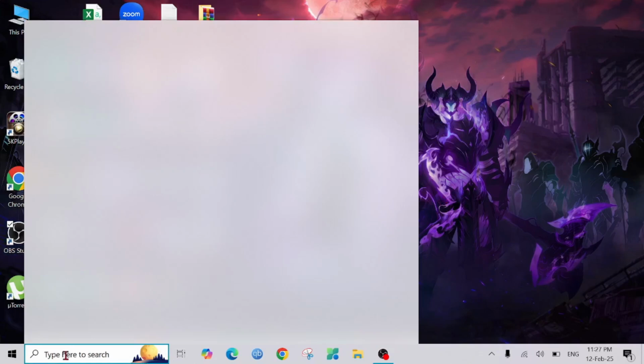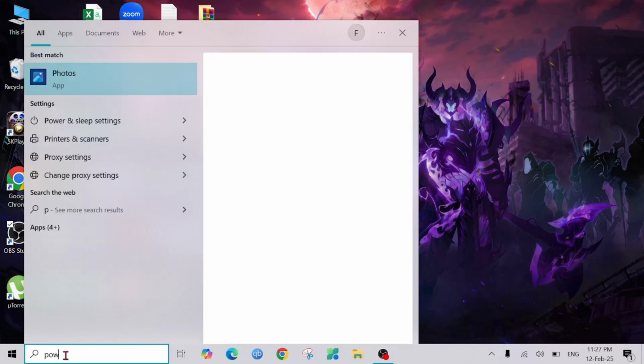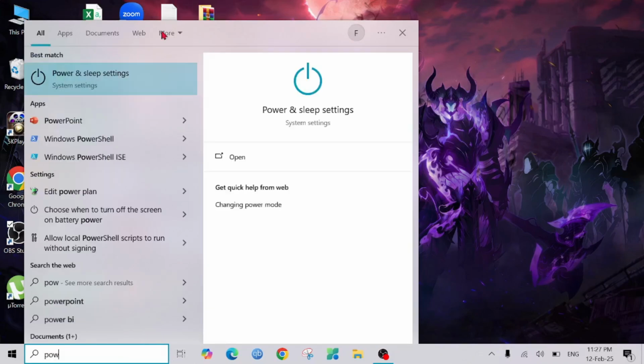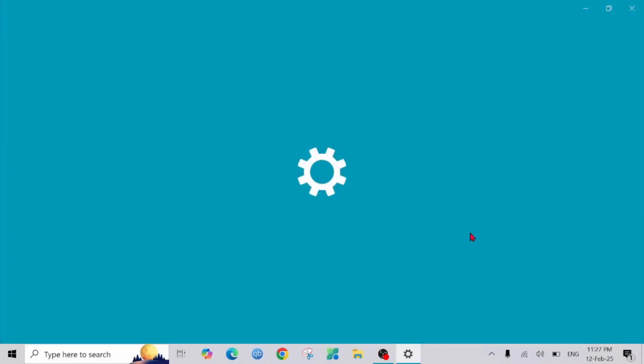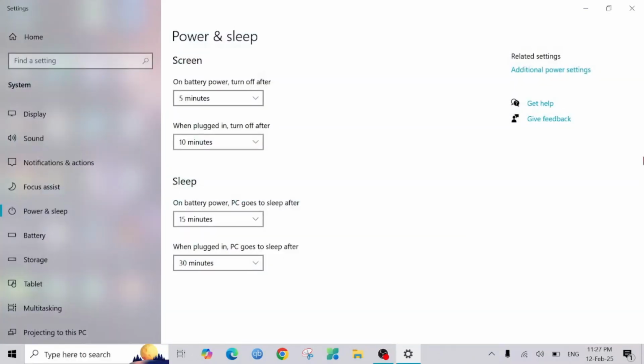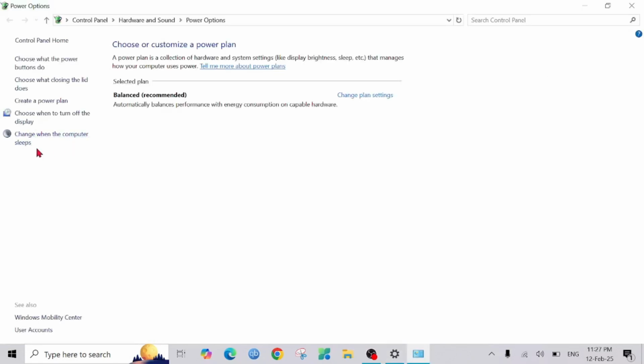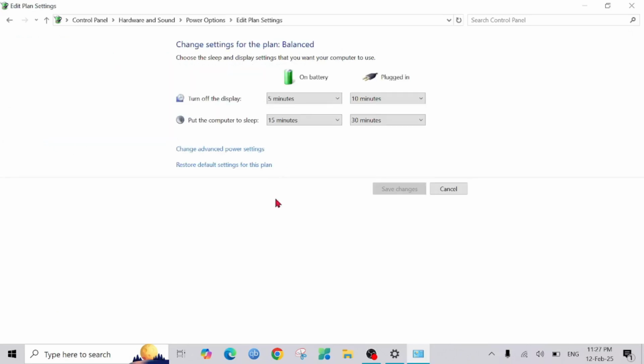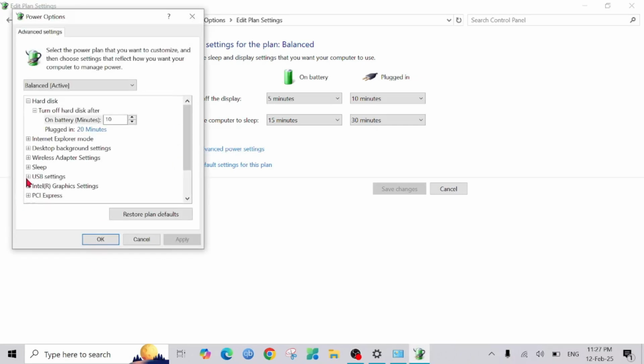Just here in the search bar, search Power and sleep settings, click it here to open, and after that go to the Additional power settings option here, and here on the left side you can see Change when the computer sleeps. Click it here and also go to Change advanced power settings option here, and here you can see the